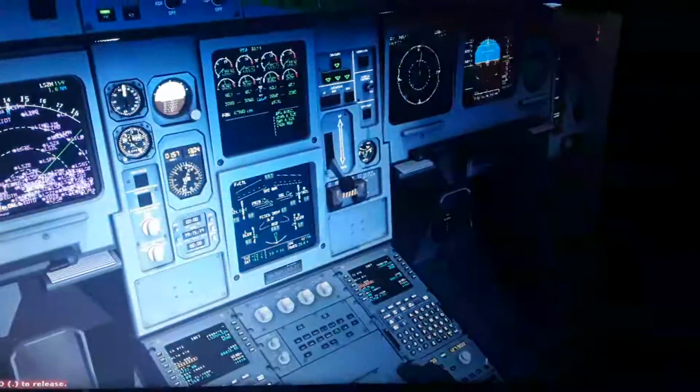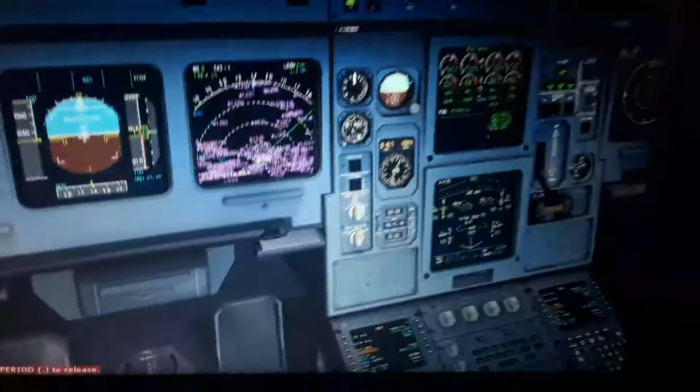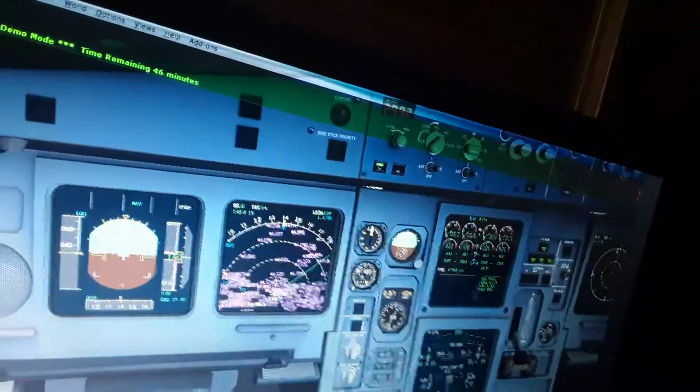Now here we have the Airbus A340 almost ready for takeoff. So maybe I have to do this